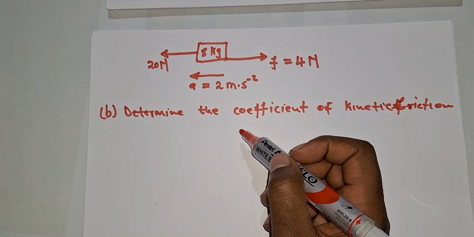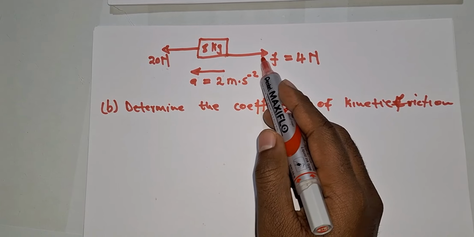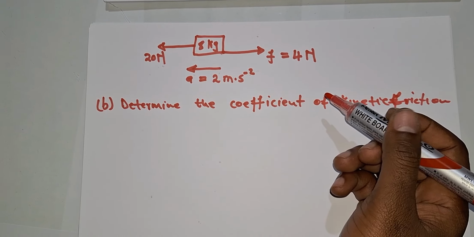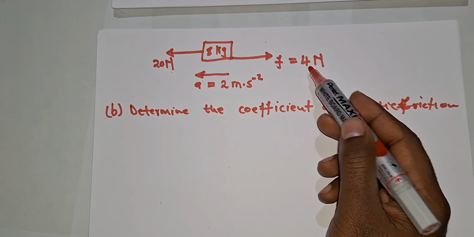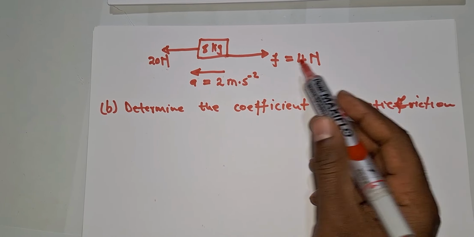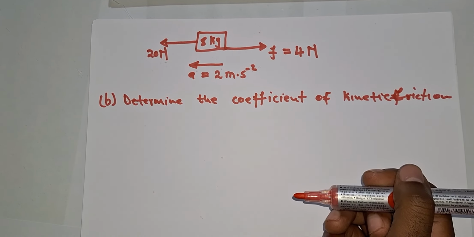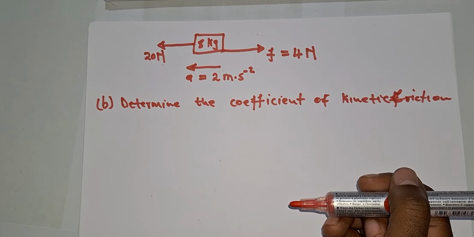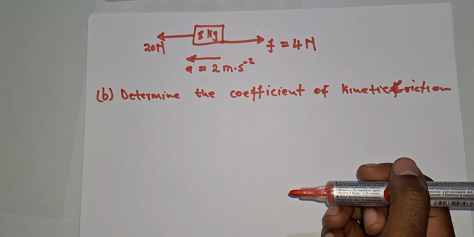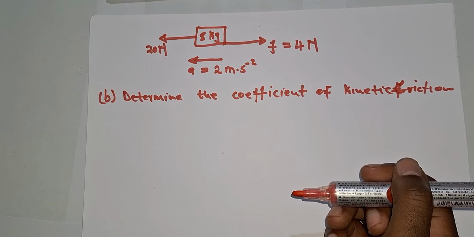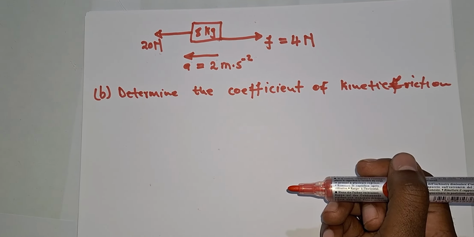And once it is moving on the surface, there was going to be a frictional force, and we determined in the previous video that it was 4 newtons, going in the opposite direction of the applied force. So in this video, we are told to determine the coefficient of kinetic friction. So based on all the information that we have right now,